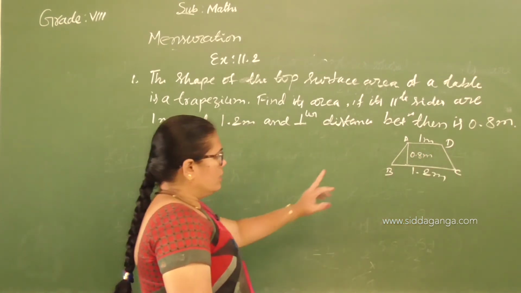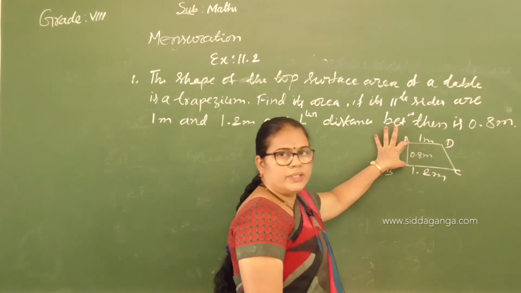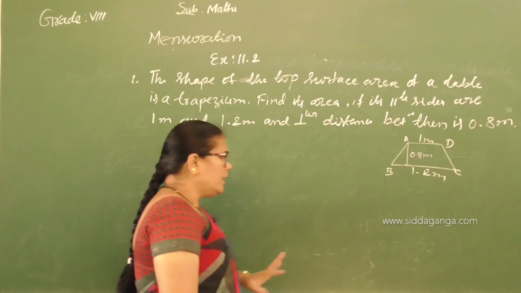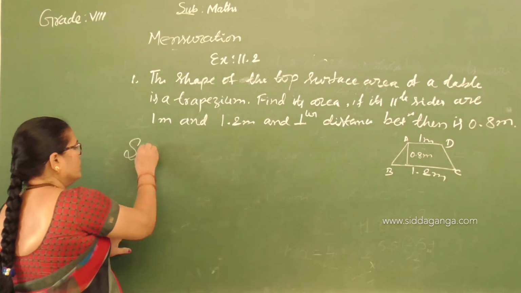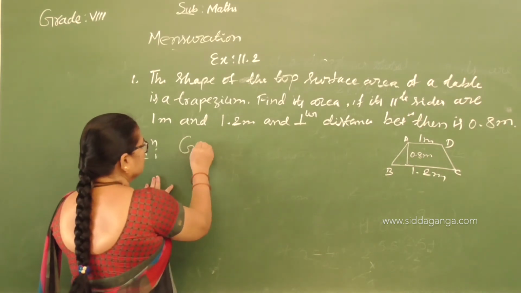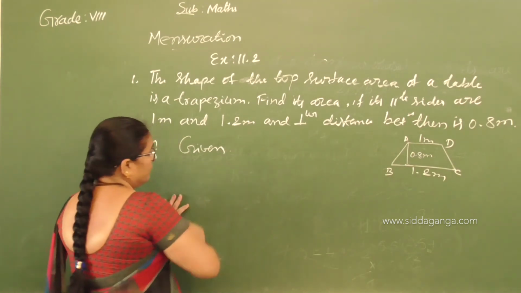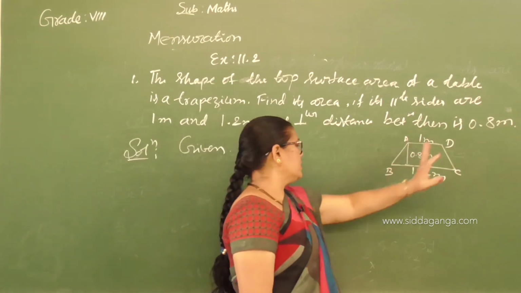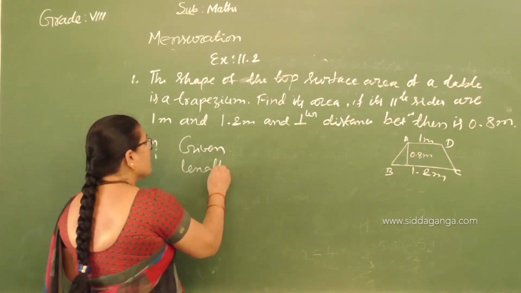Here two parallel sides are given and altitude is given. We have to find out the area of the surface. Solution. First, the given part: length of the parallel sides,